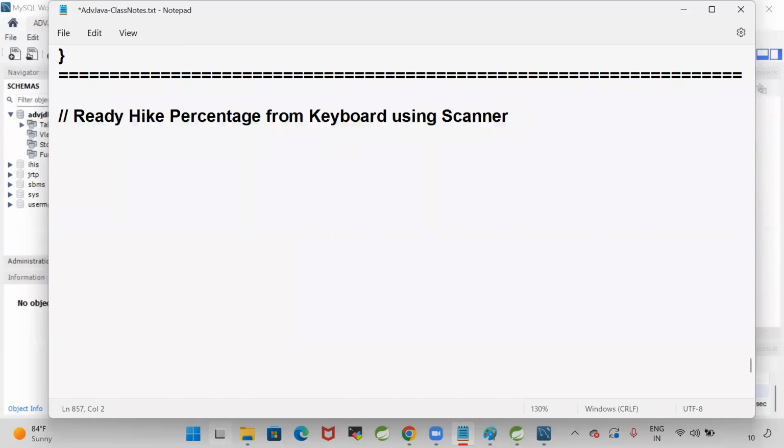Assume that I got the percentage as double hike is equal to s dot nextDouble. s is my scanner. Now I want to update the salary of each employee. So first, what we can do is retrieve